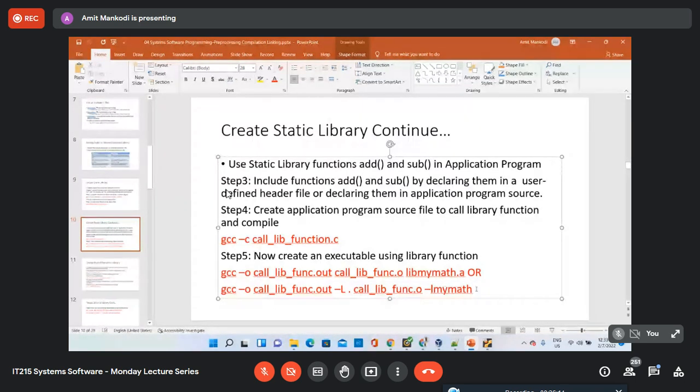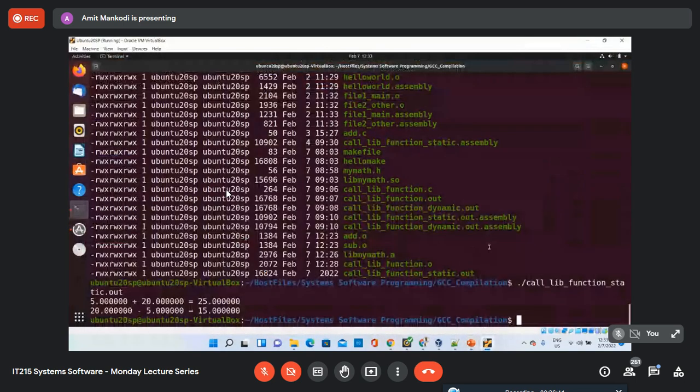So if you also want to search for the library file in the current directory, we use a capital L switch. The capital L switch says to look for the library file in this directory also. So we give the directory, then the name of the library file and the object file, and that is what it will use to link.